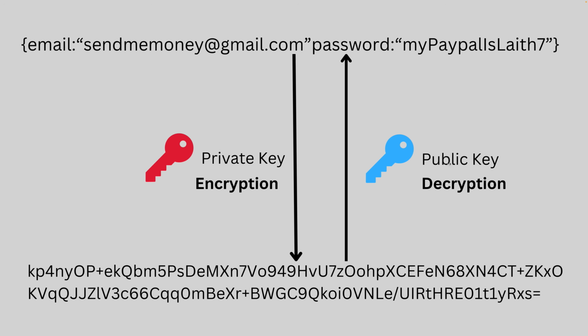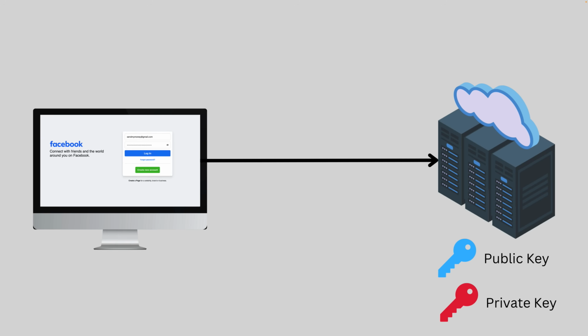You can utilize one key for either encryption or decryption, and then you would use the other key for either encryption or decryption, depending on what you did with the first key. So let's see how we can utilize asymmetric encryption in order to send data between two different machines over the network securely. So again, we have our machine over here that contains our sensitive information. It contains our email, it contains our password, and then there is this server that we want to send that